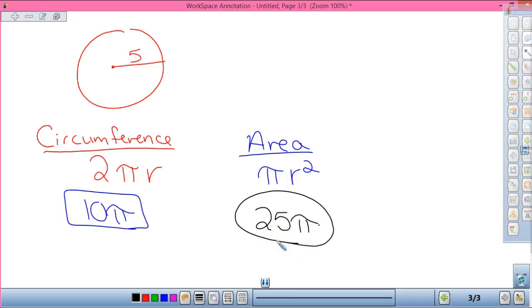Do you write it pi 25? No, always go number first. Always number before your symbols. Just like if you had 6x, you wouldn't write it as x6. Right? What if they give you the diameter as being 12? Divided by 2. Yeah, then your radius would be 6. And then you would do these same things with your radius being 6. Okay? So